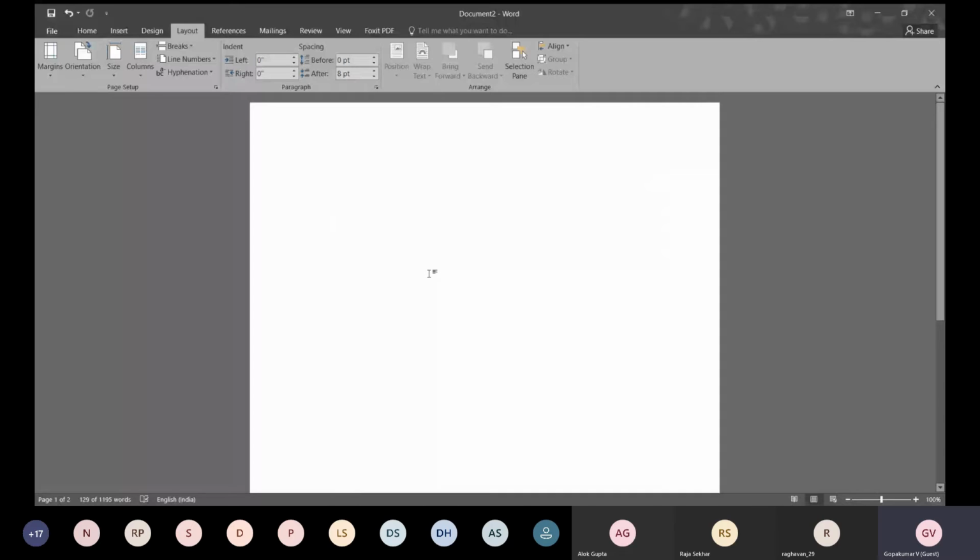Now, first of all, I wanted to tell about how to create a style and save it as your style. Why am I calling it your style? Because when you are writing a thesis, your paragraph should be according to a certain style like that of APA, MLA or anything. By default, it may not give that option. It will give the software's default values. So what you have to do is type something. For example, I'm just typing something.